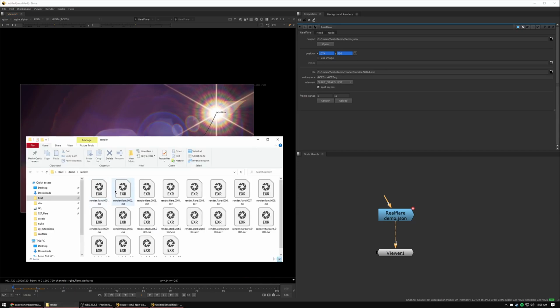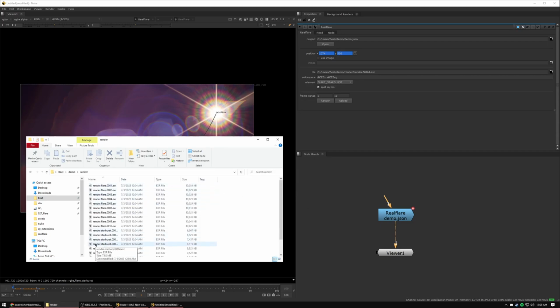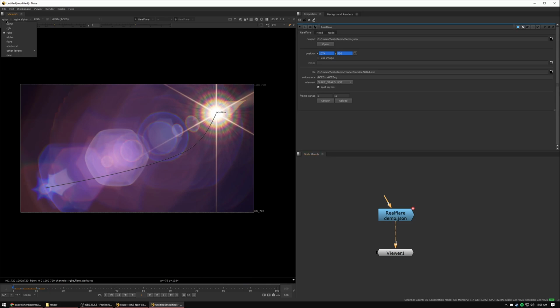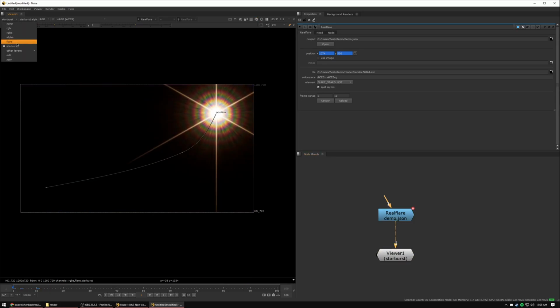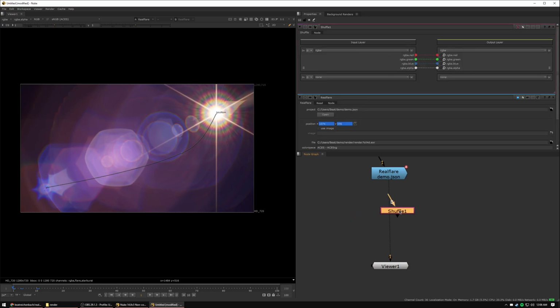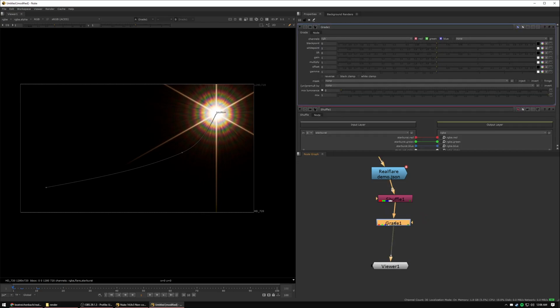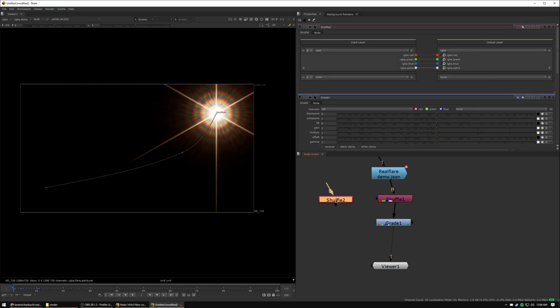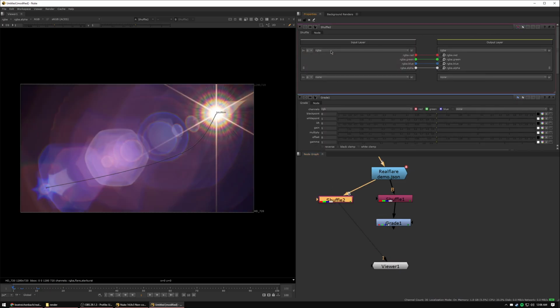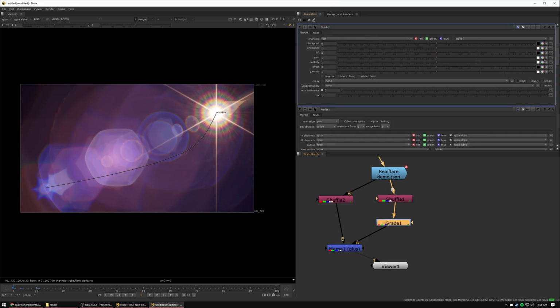Those files exist in this render folder. Let me just change the view here. Go to details, and you can see render.flare and render.starburst. Right now they're rendered separately, but you have access to them like this in the layers now, which is nice. And this means if we want to shuffle out the starburst and maybe add an exponential, or maybe we'll do that later. Maybe we'll just grade that separately, and then we add a different shuffle for the flare, and then we can plus these together again after the fact, and that way we can grade our